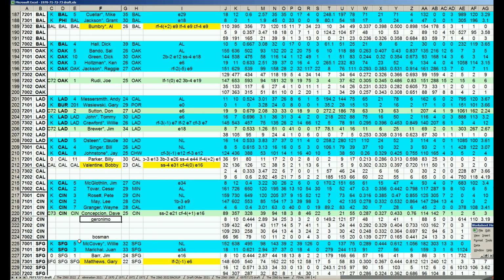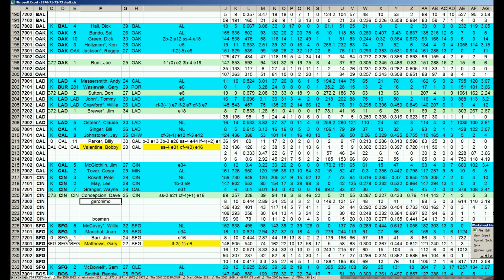All right, the Giants. Oh, man, boy. You know, I talk about the realignment that the Giants and the Padres, and to a lesser extent the Astros, had to suffer because the Reds and Dodgers dominated the division in the 1970s. The Giants farm system is pretty remarkable, and I don't know how it didn't work out in the decade, but